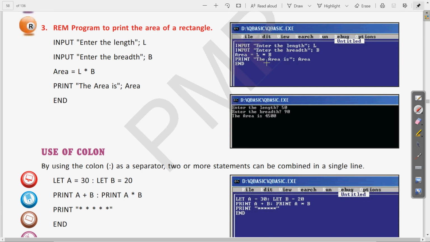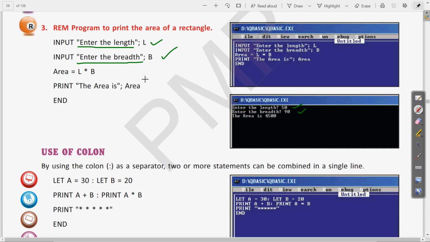So for that we have taken two variables, that is length and breadth. So the message which you want to print can be written in the double quotes, and after that the variable. So this will give you the same message, and after that the question mark, where you will give the input. Here you can see in the output screen also that there is the message like enter the length, then whatever the length you want to give, that is 1590. Clear? So this way any of the length and breadth size can be given.